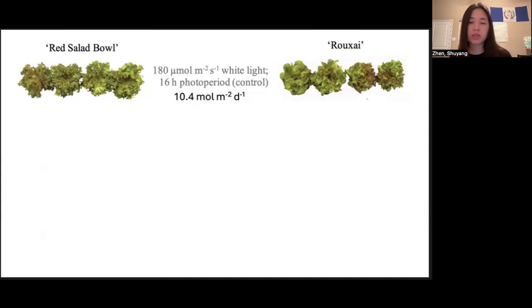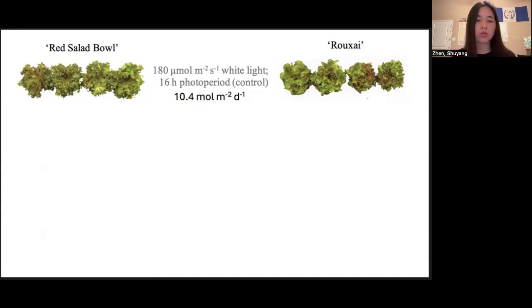Here's an example of a study we did with two red lettuce cultivars, Red Salad Bowl and Jōsai. I know I said those are red lettuce cultivars, even though they look mostly green, because they were grown under relatively